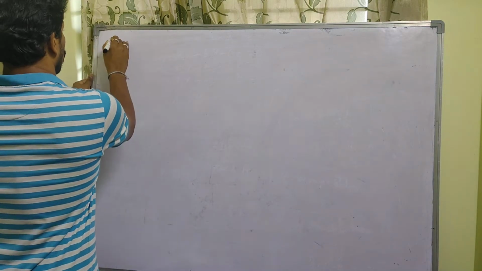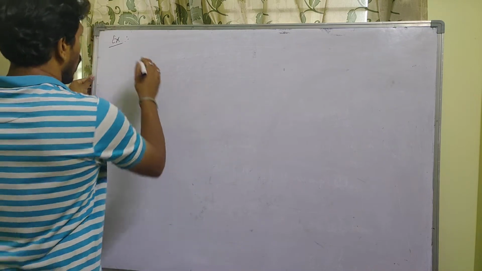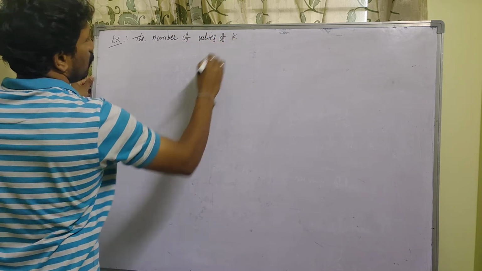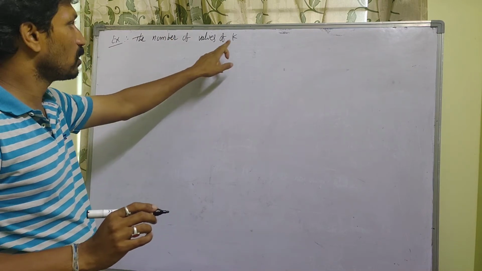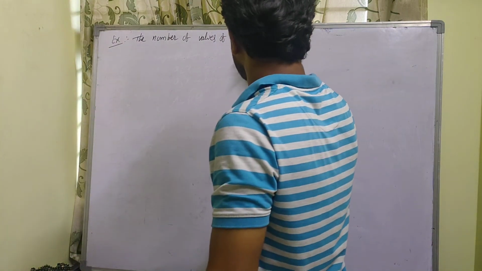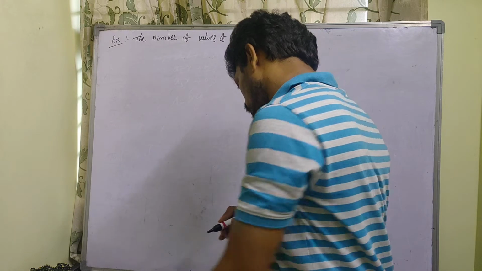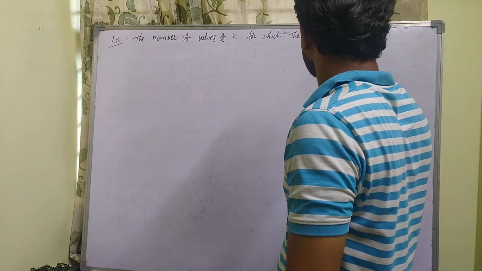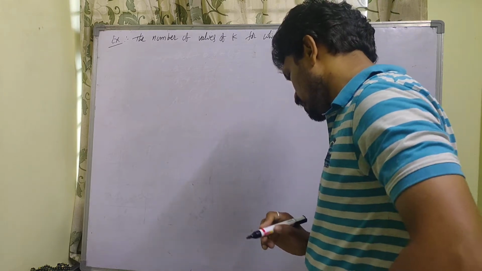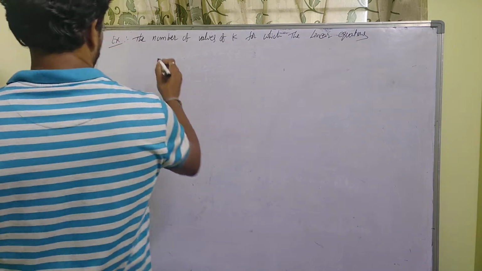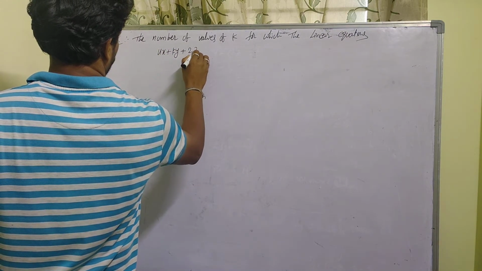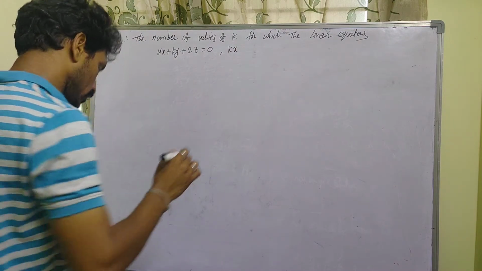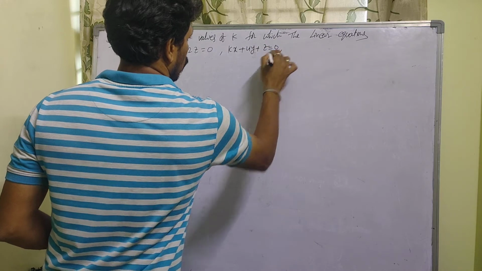Okay, so take one example here. The number of values of K. He is asking about the number of values of K, not the value of K. The number of values of K for which the linear equations 4x plus ky plus 2z is equal to 0, and kx plus 4y plus z is equal to 0,